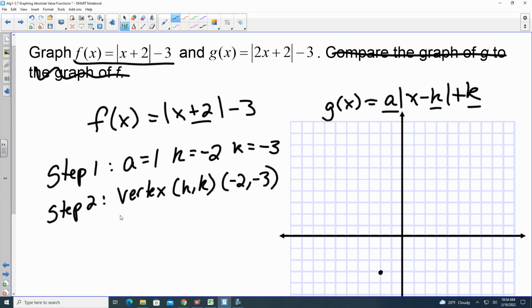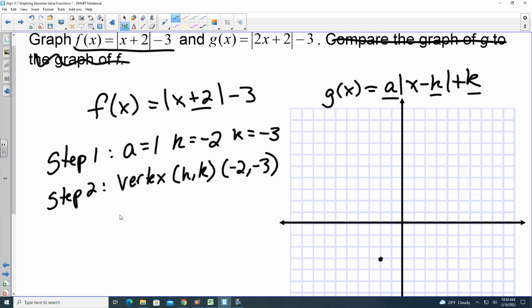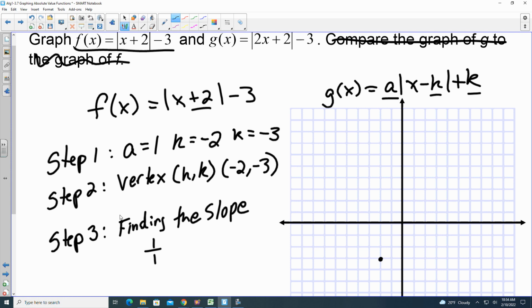Now, the next step, I like to call it finding the slope. And the slope comes from a. So in this case, since a is 1, your slope is going to be 1 over 1. So I go from my vertex point, and it's rise over run, so it's up 1 to the right 1. Plot that point. And then the final step,